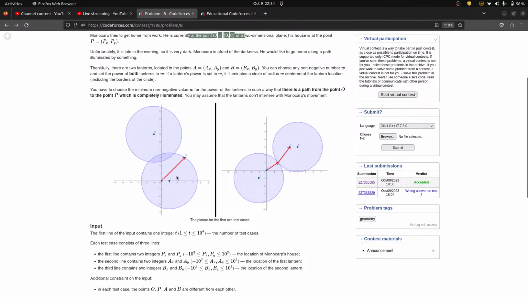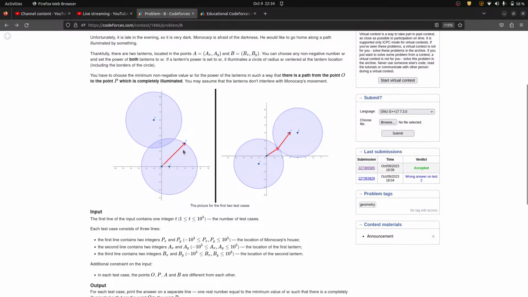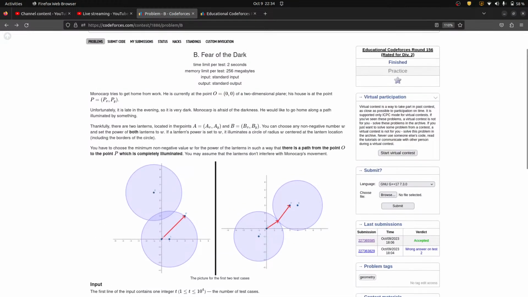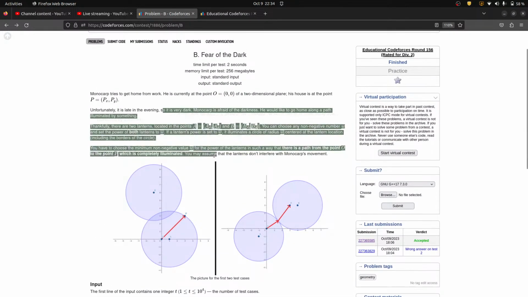So if both of them lie in one circle, C1 or C2, then he can obviously go to his home. But if it is not the case,